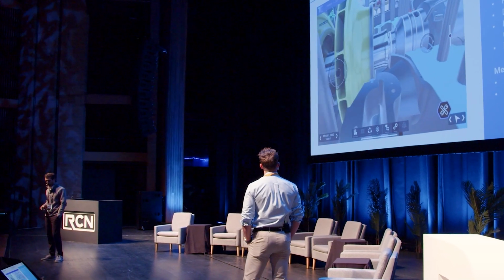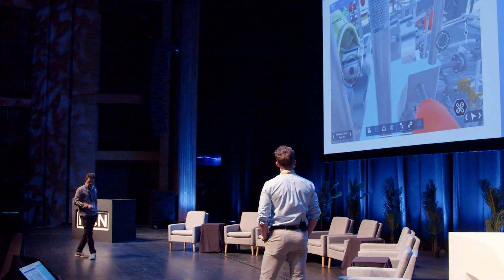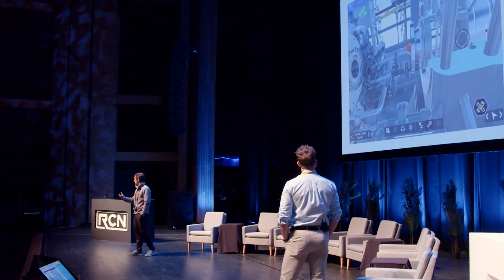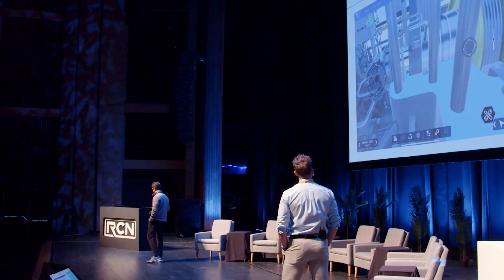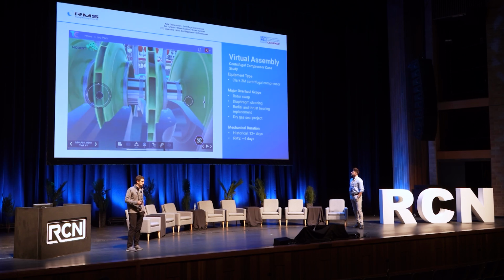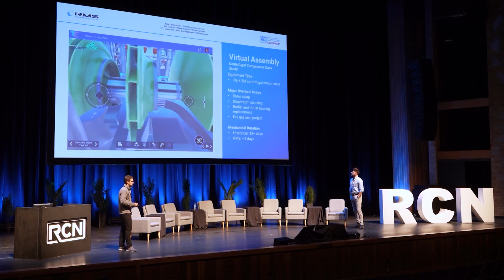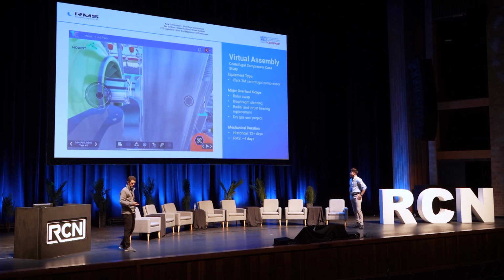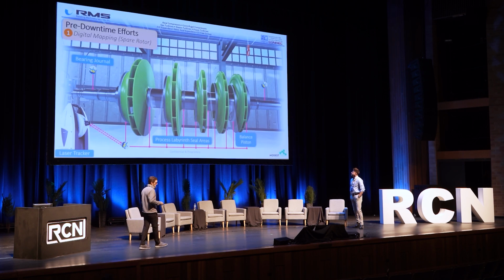This is a centrifugal compressor that we overhauled. Historically, without virtual assembly, without the reality capture, without all this technology, that would have taken 12 days to execute. But the technology and the innovative approach here enabled us to execute that in 4 days. So how do we do that? I'm not going to go into a super high level of detail here, but